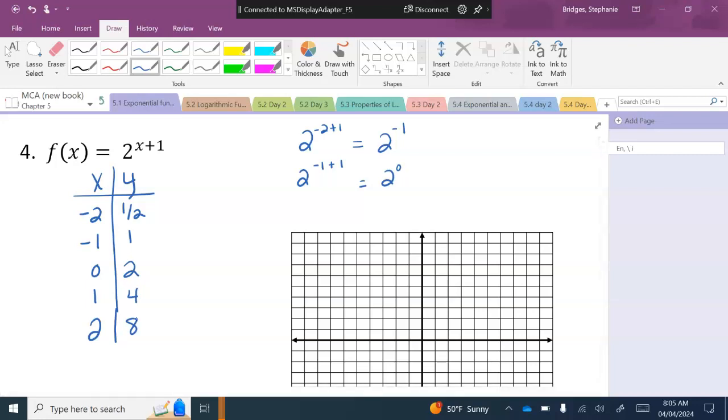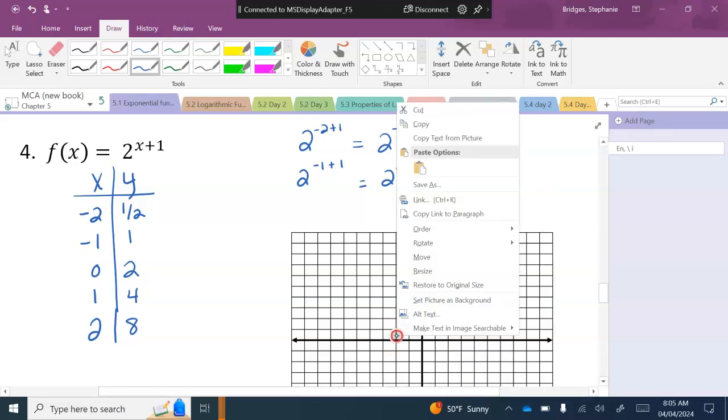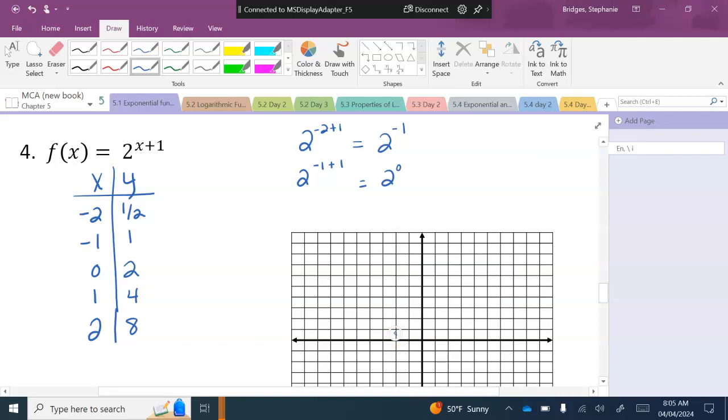So -2 and 1/2. There we go. -1 and 1. 0, 2. 1, 4. And 2, 8. Okay, so when we do this,